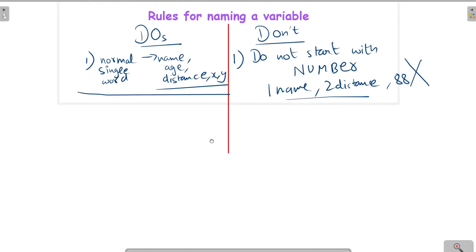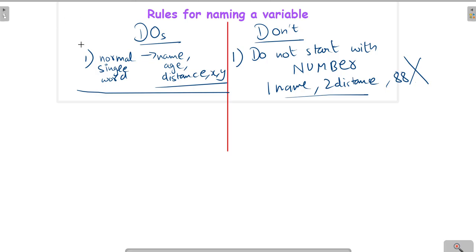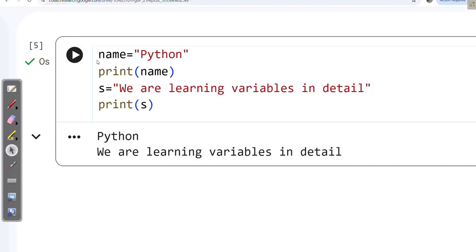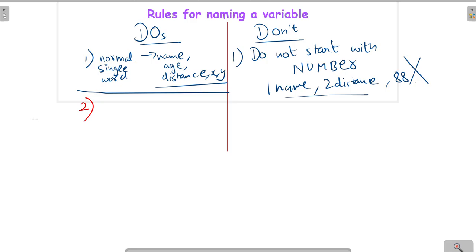Okay, cool. Now see, next do. Basically, what you can do over here, when you are taking the single word, as we have practiced over here as well, right? Correct, we were giving the single word only. Now coming to, you can use the special character underscore, okay? You can use underscore inside it. Suppose you want to give a two word name. So you can do it as, suppose you want to name it like this, name_second. So it can work like this, okay?